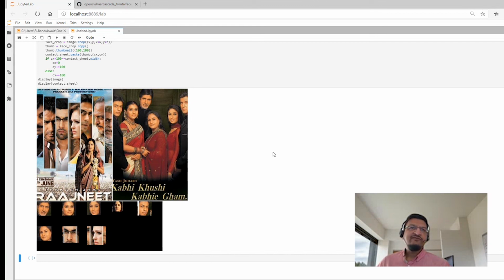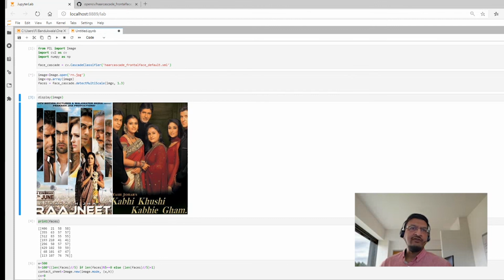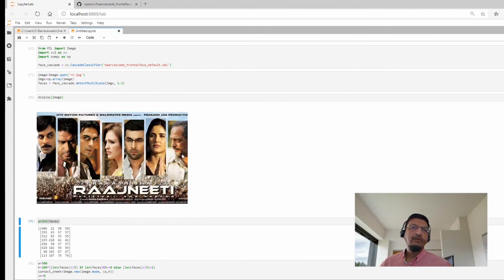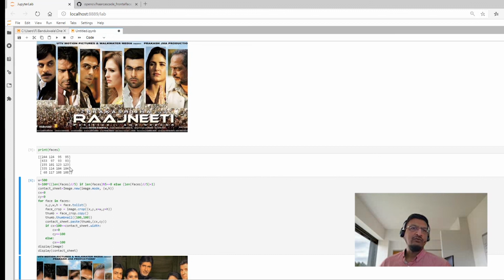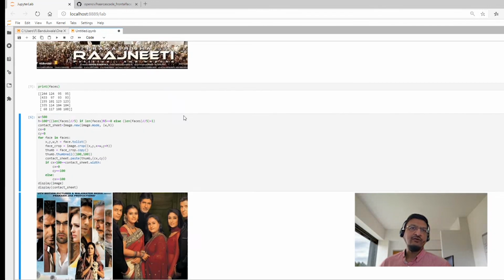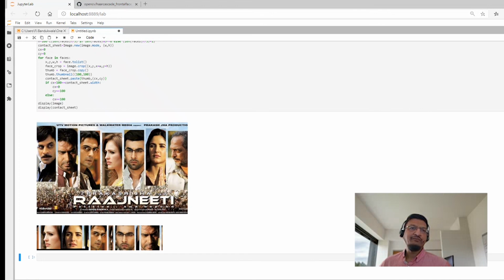Okay, let's try this with a different poster of this movie. So let me pull out another image and display that image first and try to identify the faces from that image. It's the same movie, but the faces are a bit clearer here. So let's see how many faces it identified this time. And it's got 5 of these faces now. Let's create a contact sheet and see what comes out. There you go. So with a better image, it actually identifies 5 of these faces.